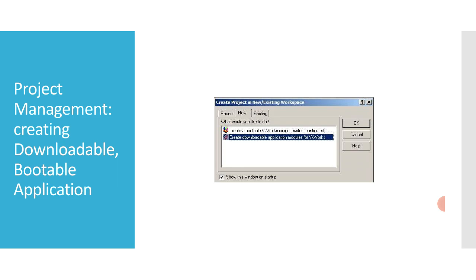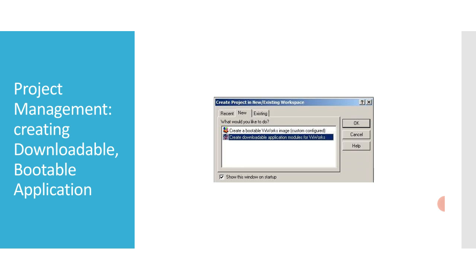A downloadable application can consist of a single file containing a single simple hello world routine, or a complex application consisting of many files and modules, or partially linked as a single object which is created automatically by the project facility as project name dot out, something like that. So the steps for creating it are very simple.